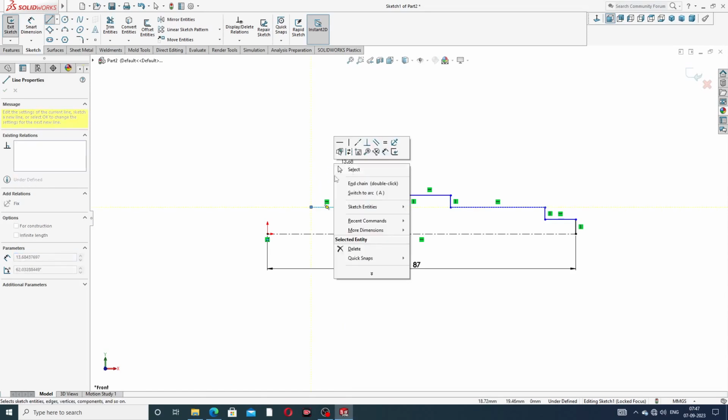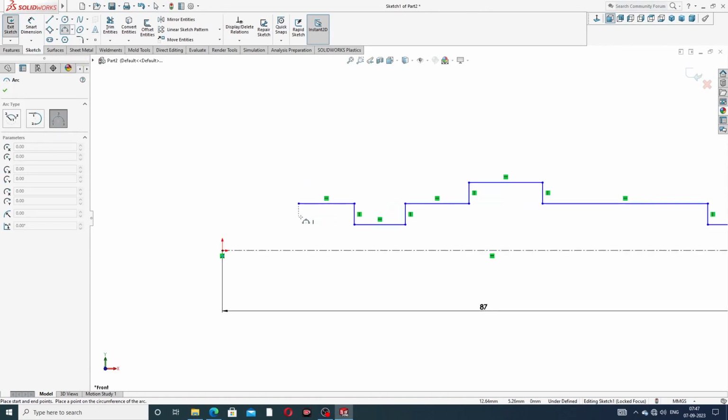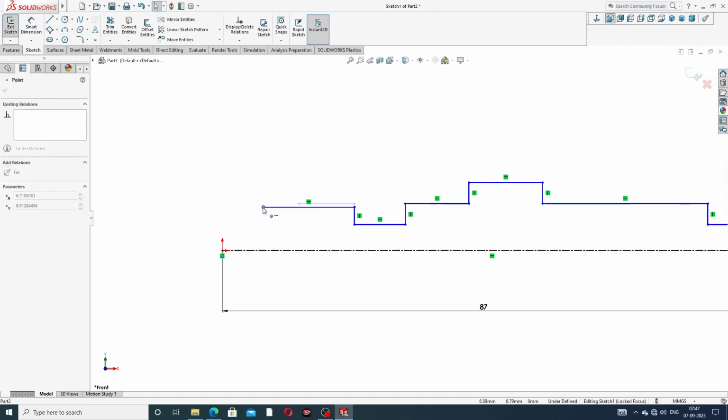Okay, this line is this, and drawing this and this. Okay, and connect to this 3-point arc, and this length is also this drawing here,